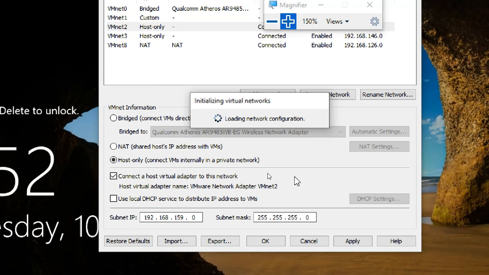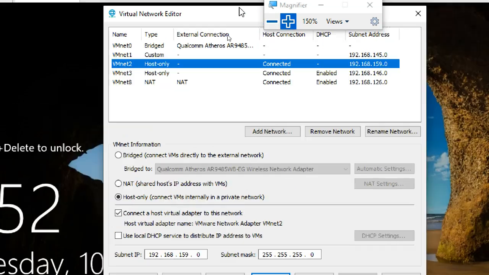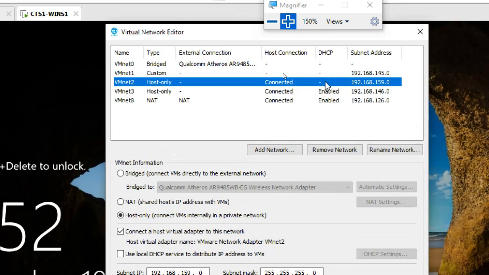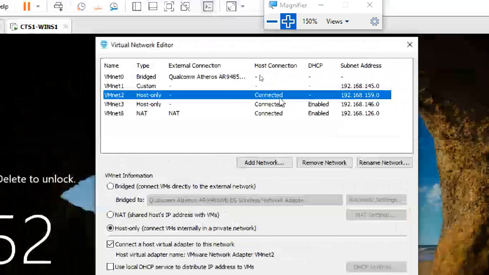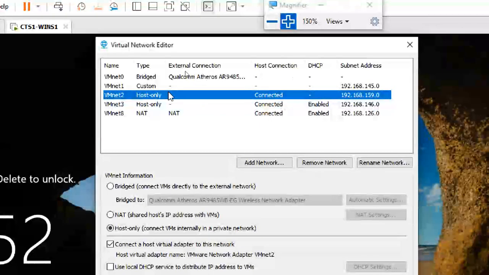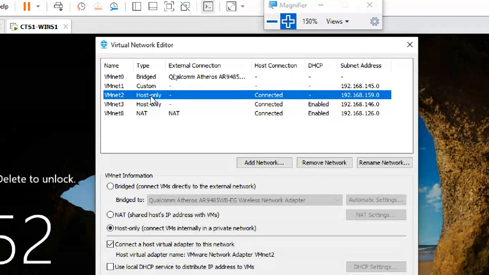Click on apply and okay. It will take a little bit of time because it's changing the configuration. It will check the configuration and then make sure that DHCP enable is no more. It is empty. Okay, it's showing connected, make sure it is showing connected, nothing is here, and host only.